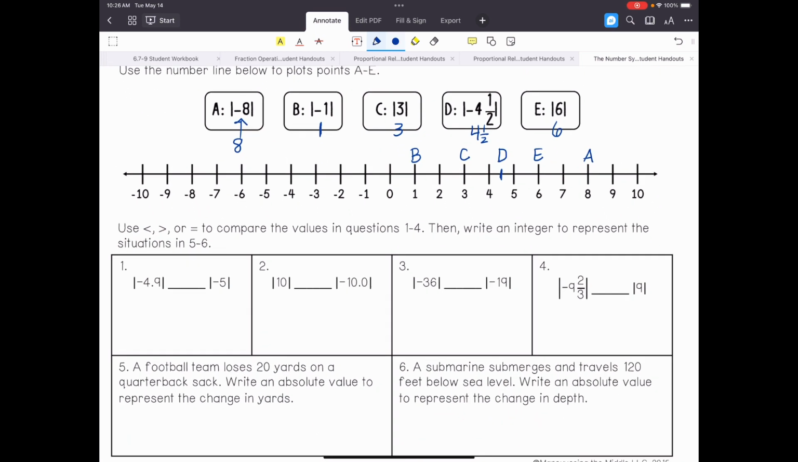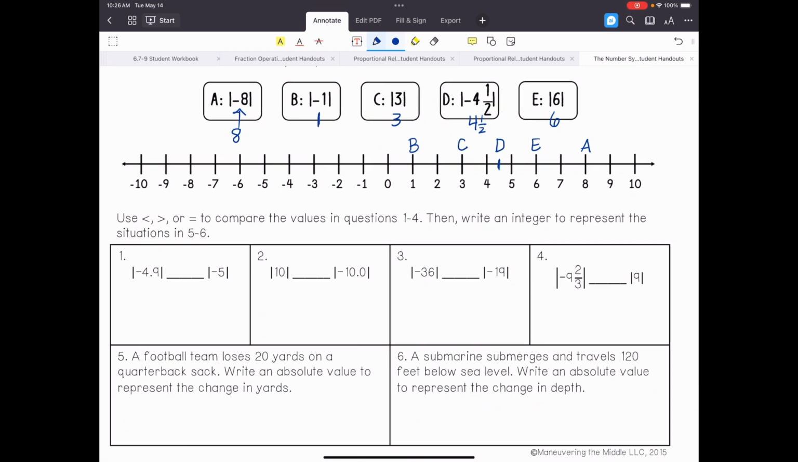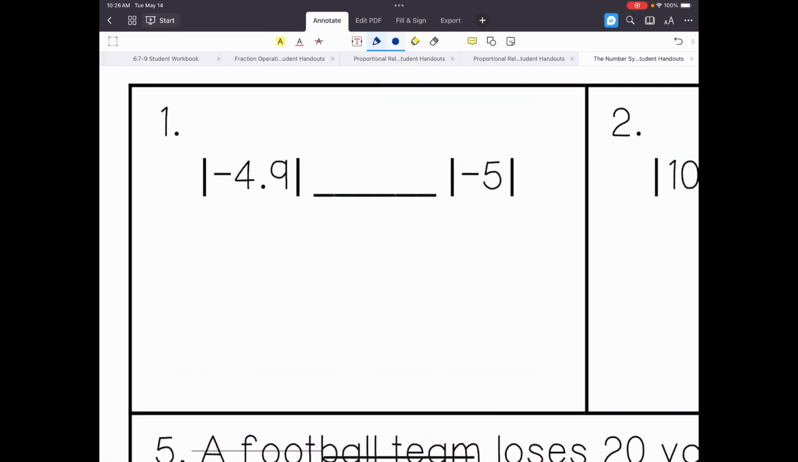Okay, so now, how do we use absolute value to compare the values in these questions? We're going to write the integer to represent the situations, and we're going to write integers for 5 and 6. But for question number 1, this question is asking, is the distance from 0 of negative 4.9 greater than, less than, or equal to the distance of